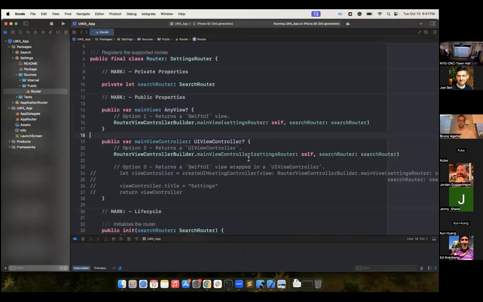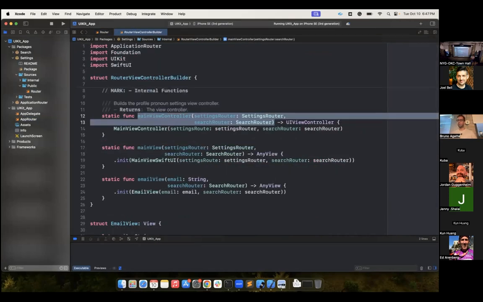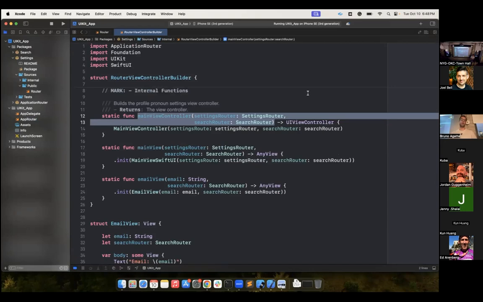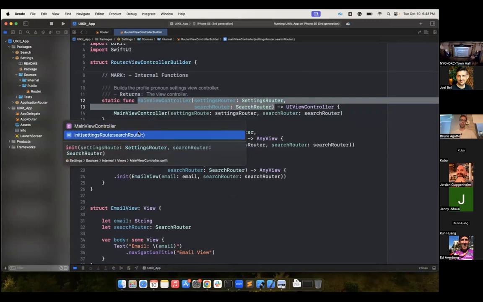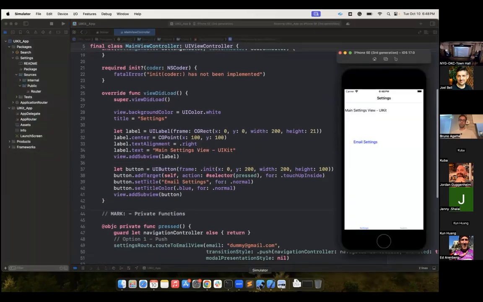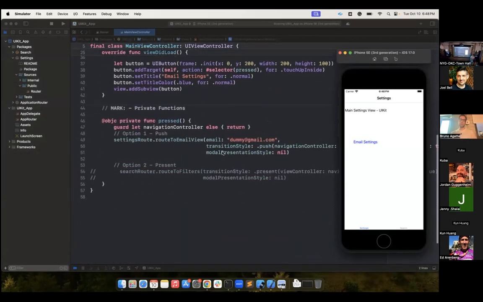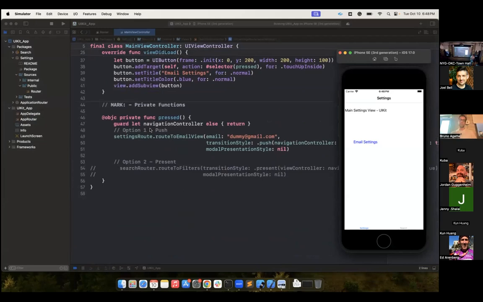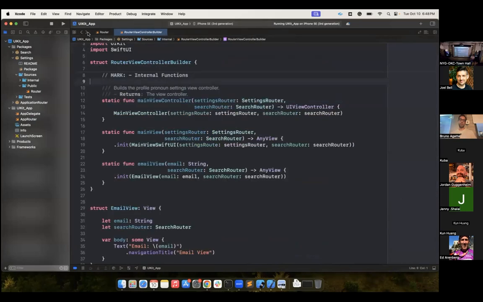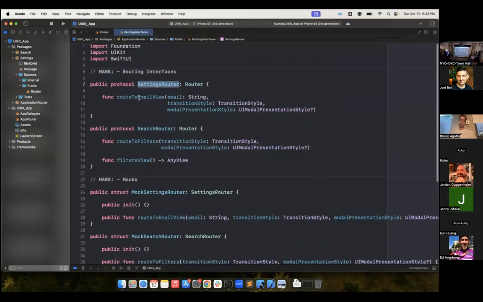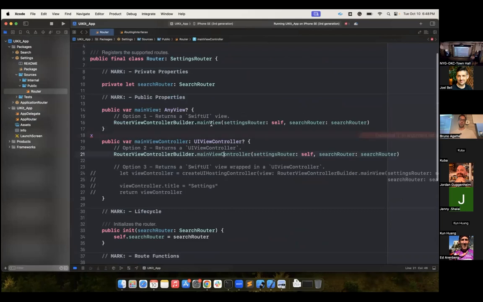And if you take a look, I also created these view controller builders. It's a way of organizing all the views supported by the modules. If you take a look here, the main view controller is just a regular UI view controller where I have this title and the button. And so that's the thing here now. Since I implemented the routing for settings, let's take a look at the settings router. We have route to email. That's the only route supported right now for the settings module. So let's say now when we tap this button,